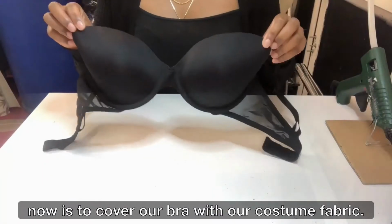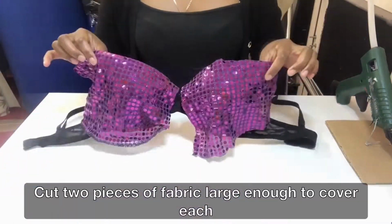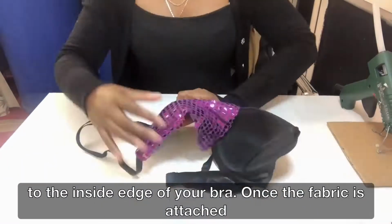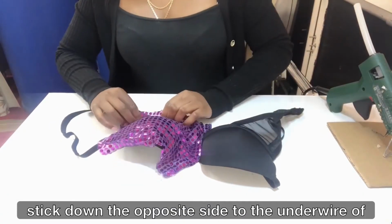Our next step now is to cover our bra with our costume fabric. Cut 2 pieces of fabric large enough to cover each cup. Using your glue gun, begin by sticking the fabric to the inside edge of your bra. Once the fabric is attached, stick down the opposite side to the underwire of the bra